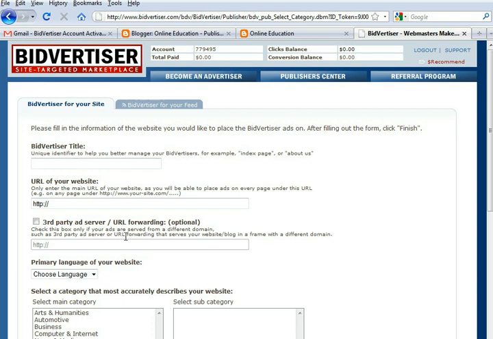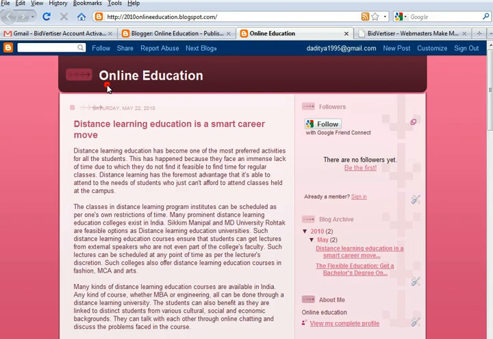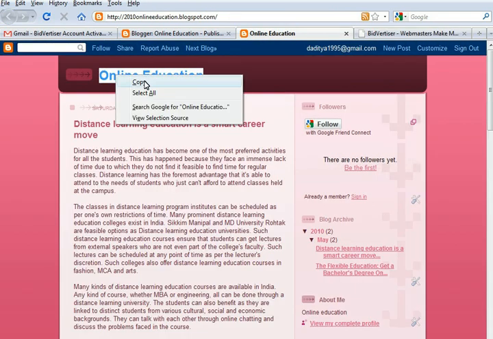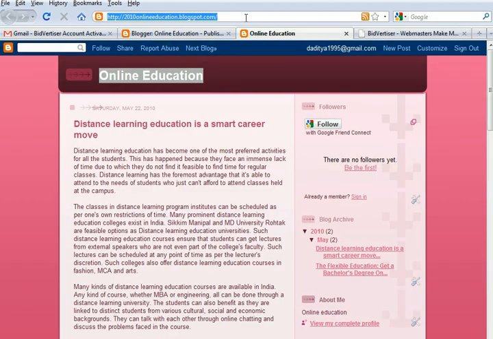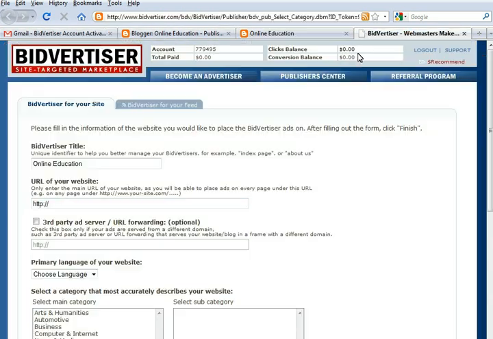Now we are going to add our blog details in Bidvertiser. So you can go there, copy this and paste here. Copy the URL, your blog address, and paste here.